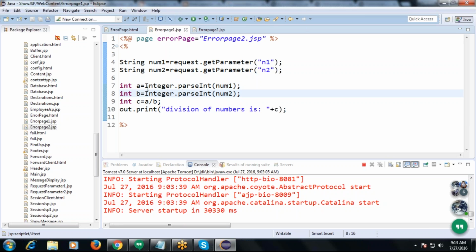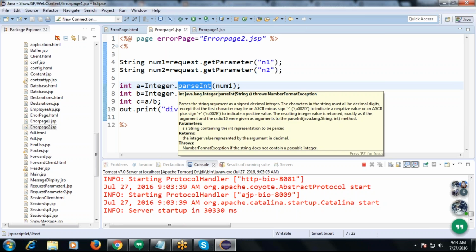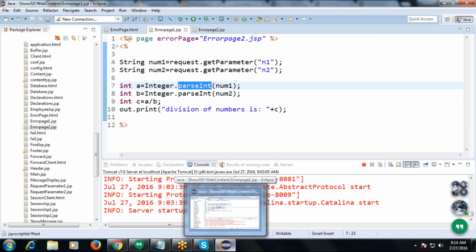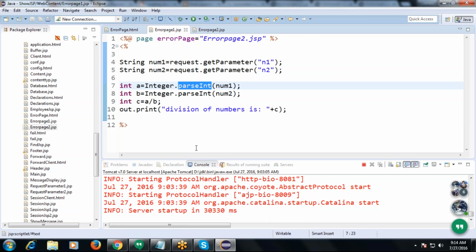That's what we did here. We used a predefined class called Integer. From that Integer class, a method is given called the parseInt method. By using the parseInt method, we converted the string-formatted numerical values into actual numerical values, like this.